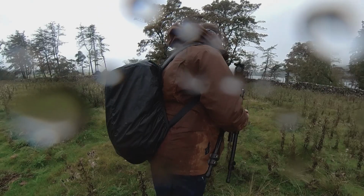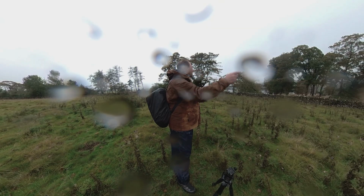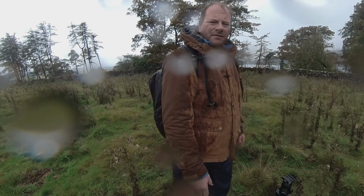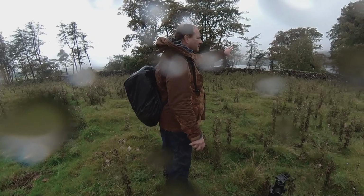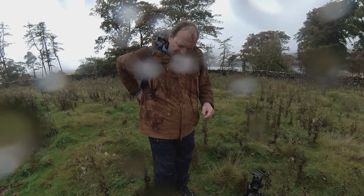As you can see, I've come round further following this wall around the estate edge, and framed beautifully. Hey, fall over, why don't you? As I was saying before, you went drunk on me. Framed beautifully by a gap in the trees here is the boathouse across the water, and